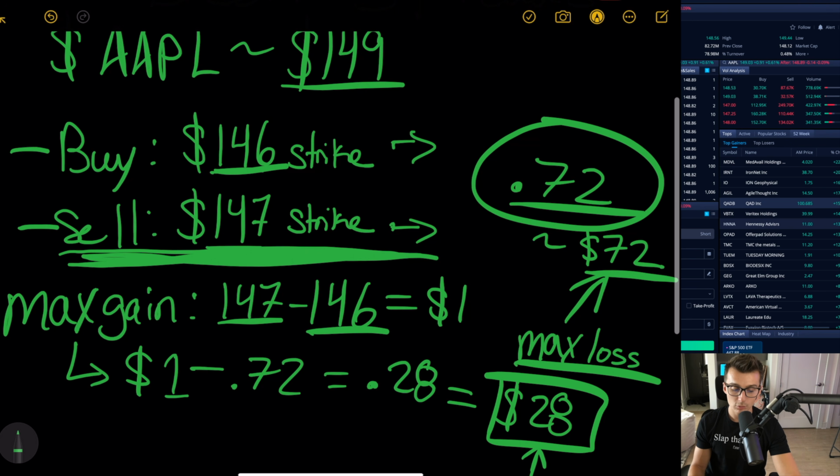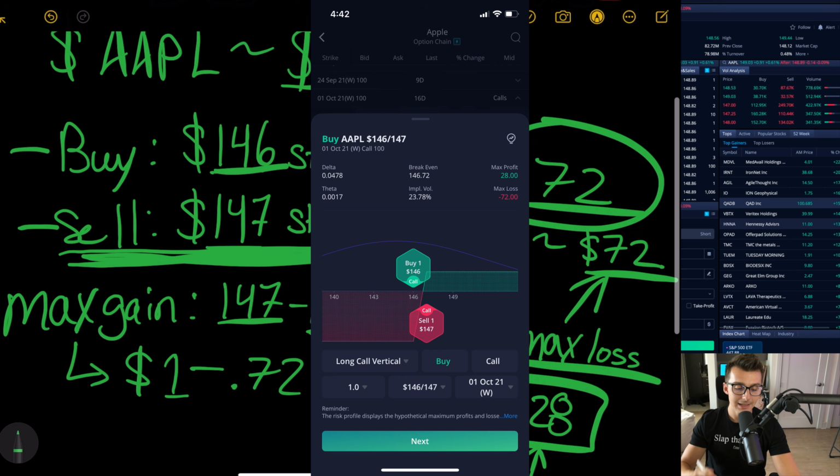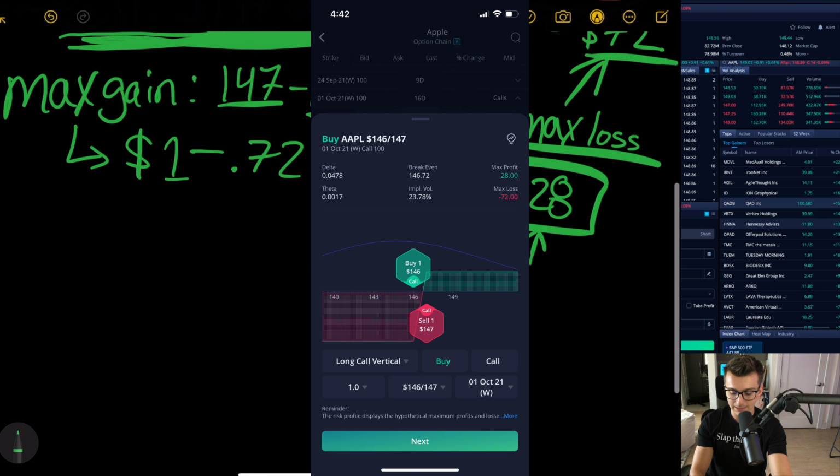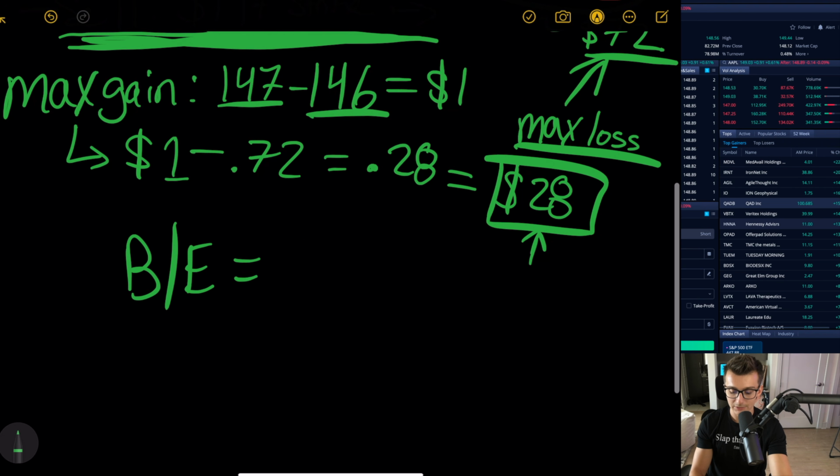Now, I want to refer back to Webull to talk about how we now can understand our break-even price. In this example, we're actually going to see that Webull is going to have it up on the screen in front of us. They're going to give you the break-even price in this situation, which is why I love using the app, and also you can get access to this on the option chain on the desktop platform. This is going to show us right now that our break-even price, okay, so let me just write this down right here so you guys can see. Our break-even is